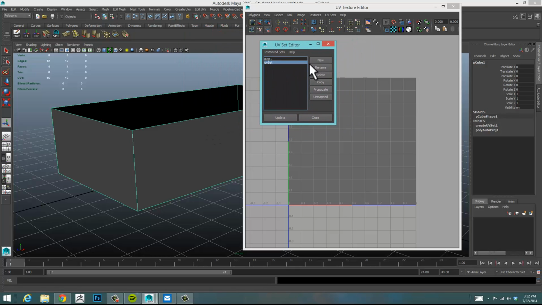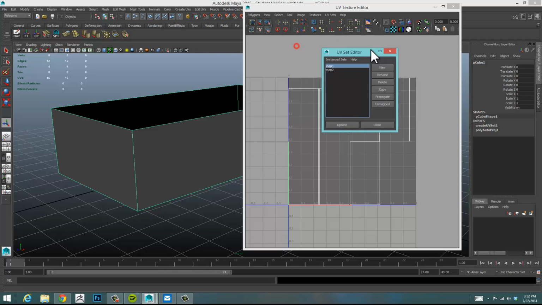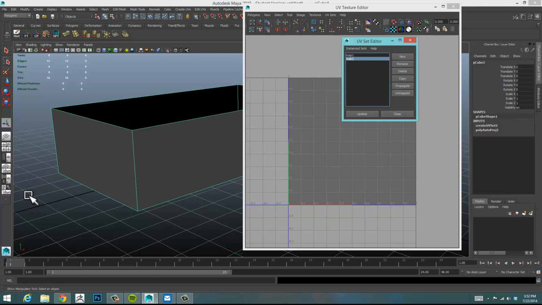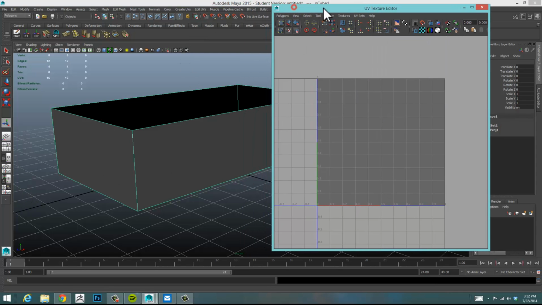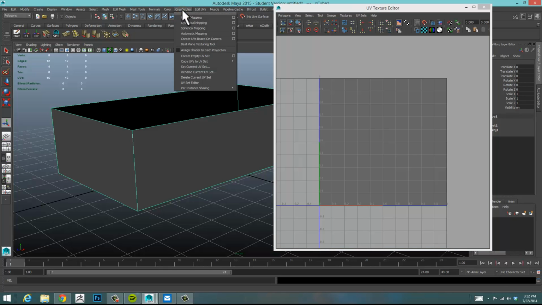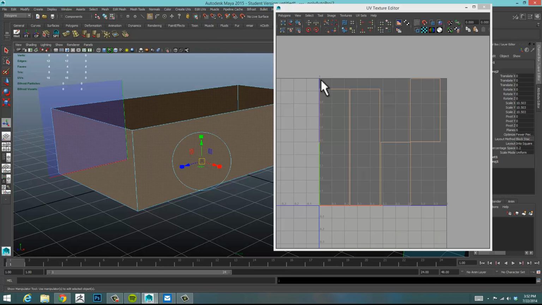The first thing I want to do is just rename this for the sake of consistency. So instead of calling this UV set 1, I'm going to rename this to map 2. So now I have map 1 and map 2. If I go to map 2 and do the same thing I did before, go to Create UVs, Automatic Mapping,